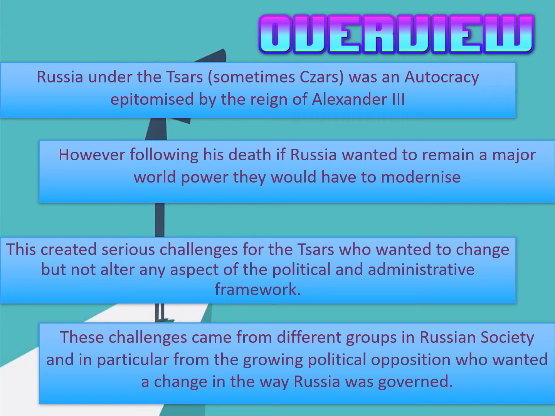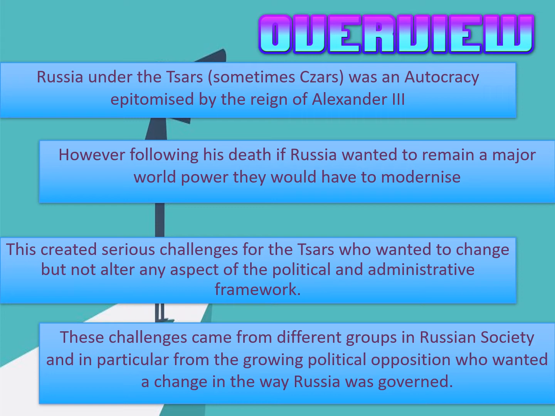So, overview of Russia in general. We know that they are ruled by the Tsars, which is sometimes spelt with the C but meaning the same thing, and that it is an autocracy. So it's epitomised basically under the control of one person who is in complete control of everything. And the best example that we probably have in sort of the recent period that we're looking at of what an autocrat really looks like is Alexander III. So he is the one that is in charge before Nicholas.